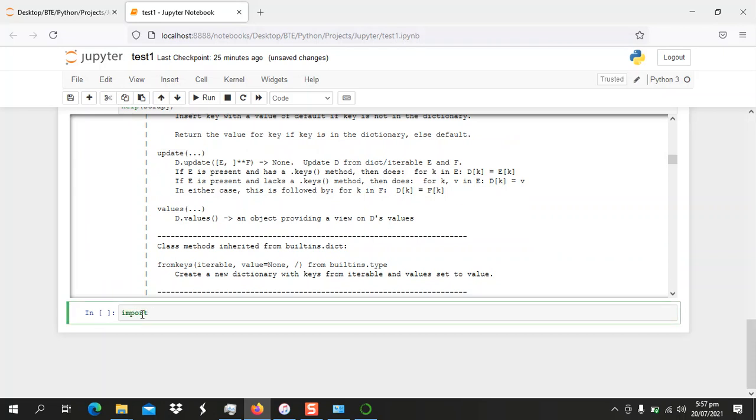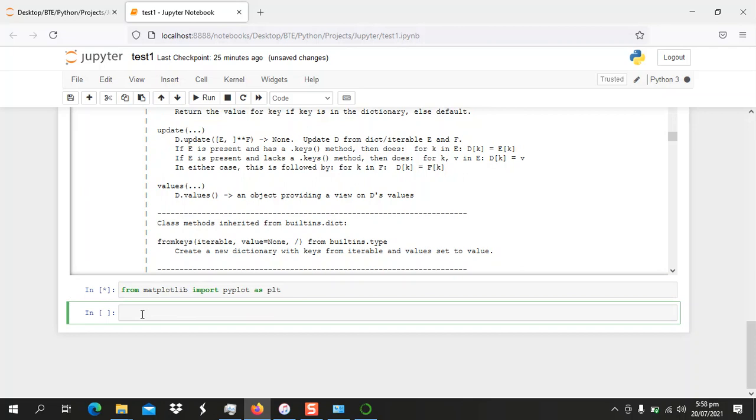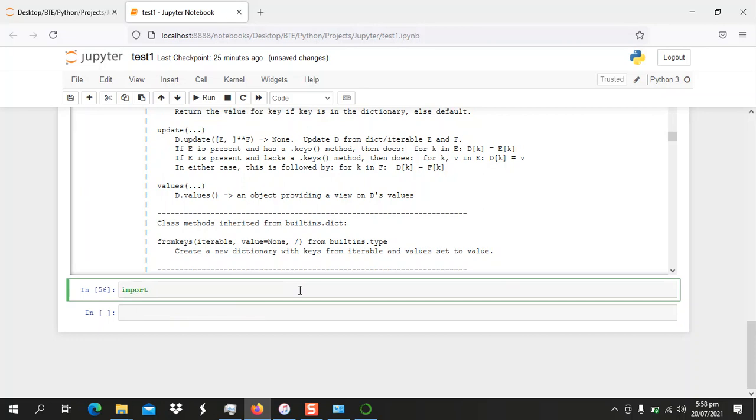Import, or rather, you can say from matplotlib import pyplot as plt, something like that. Or you can say import matplotlib.pyplot as plt. Now there's a reason for this: plt is an alias for pyplot, because in case